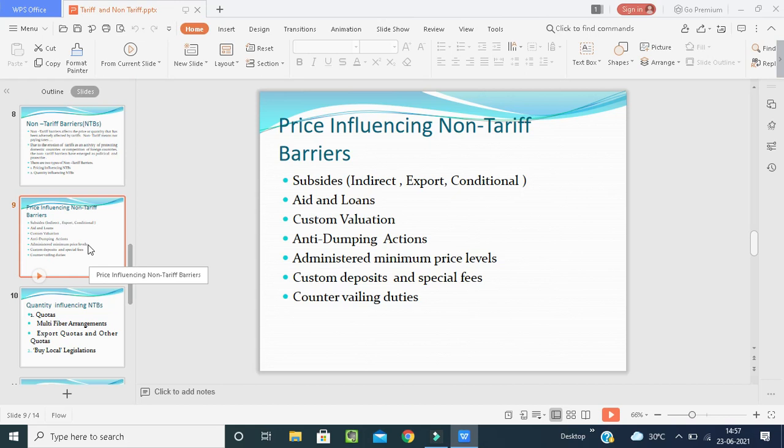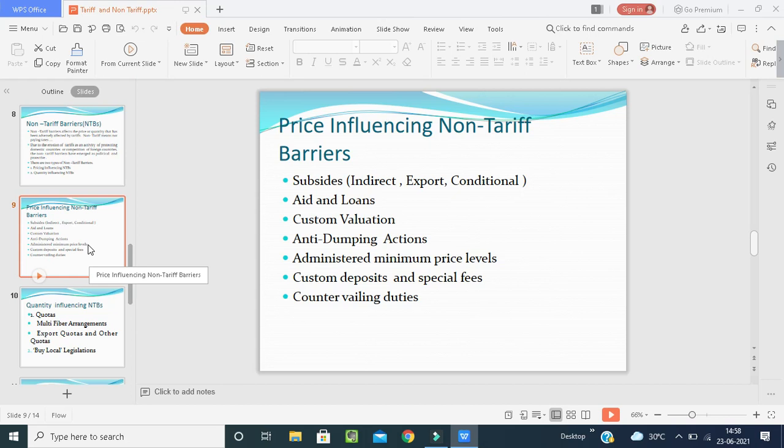Next one is customs valuation. How the valuation of the customs will be done, and anti-dumping actions. See, anti-dumping actions, as you know, customs valuation means collecting the amount or evaluating, the customs officers on duty, the officers or the outsiders or whoever it may be. Next,